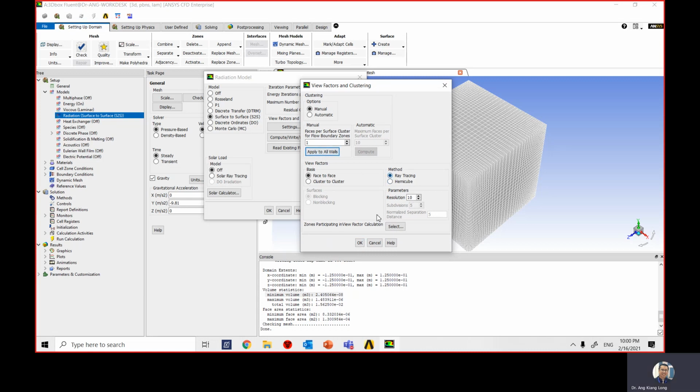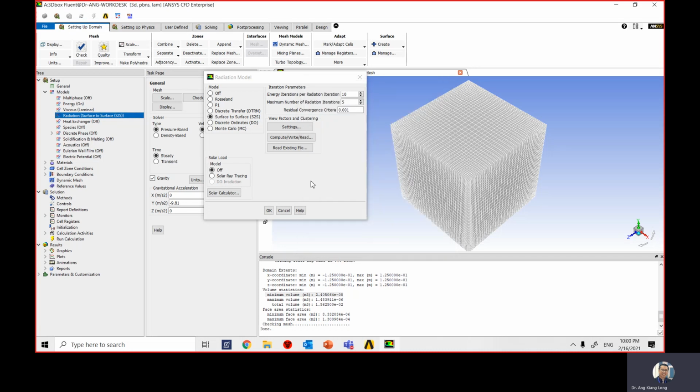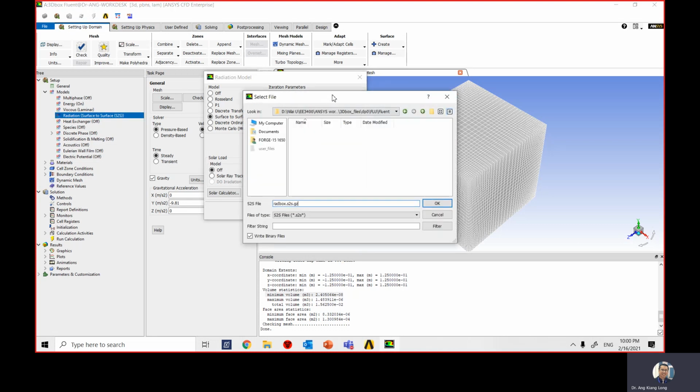Make sure ray tracing is activated. So click OK. Once OK, you go to compute right here. You need to save the file. And the file we will name it as radiation